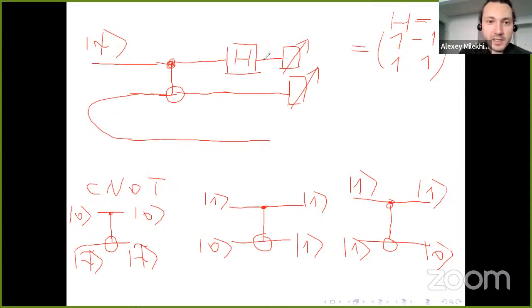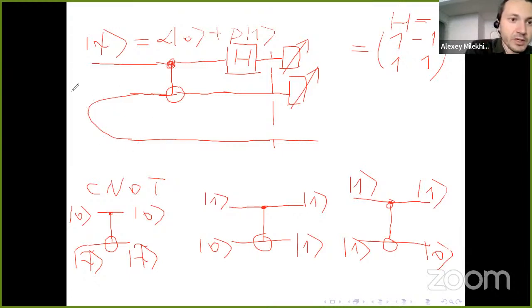I leave it as an exercise for you: you start from some state psi, which is alpha 0 plus beta 1, and you perform these two operations. And even on this slice, because this is a maximally entangled state, a Bell pair again, this is 0 0 plus